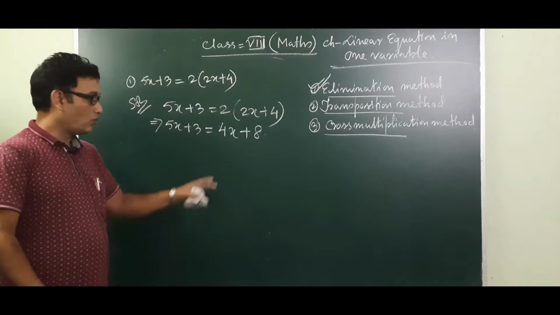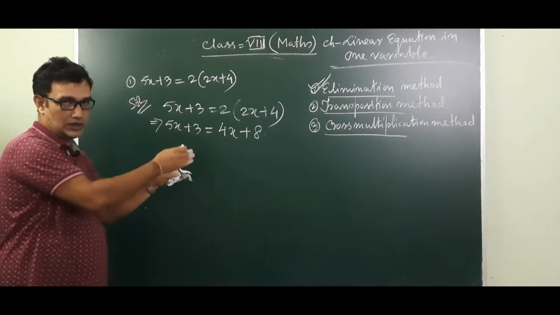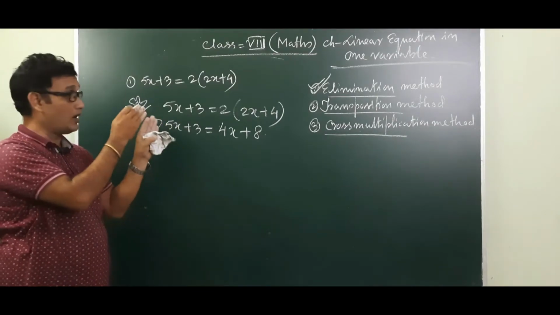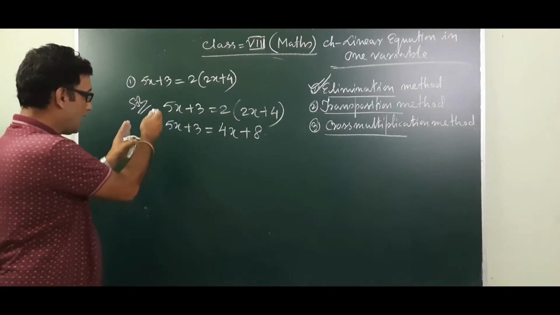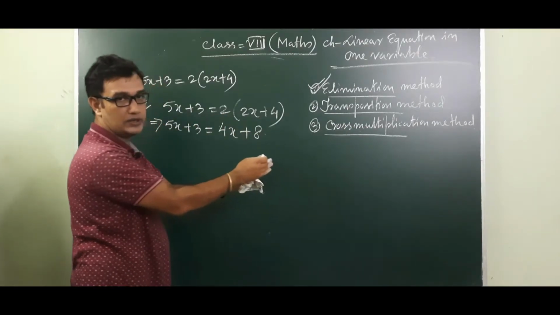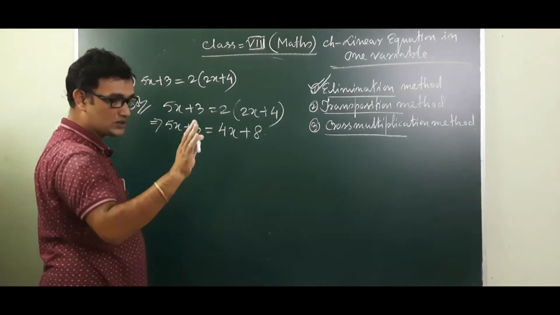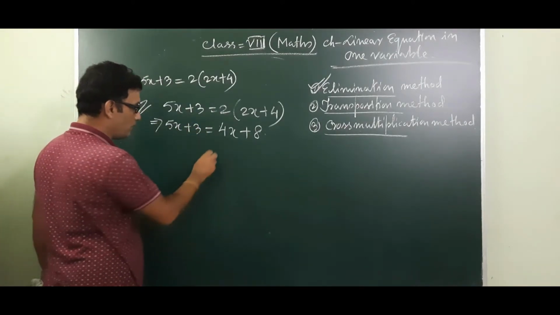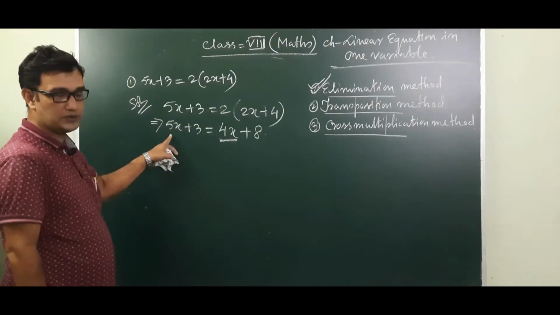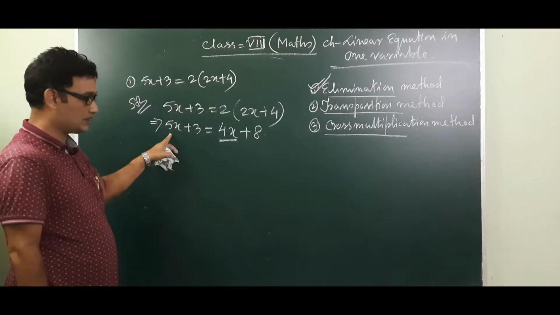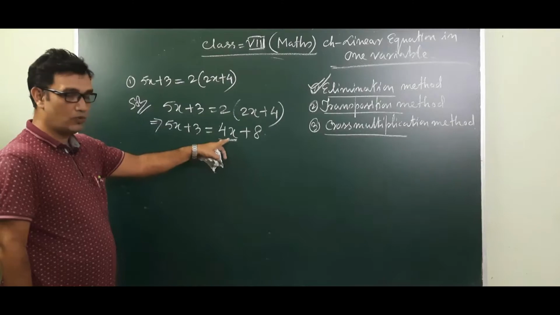Now, actually in a linear equation we can bring terms from this side to that side, but in the elimination method we can't bring any number from the right side to the left side, or take any number from the left side to the right side. Now we have to remove. So first our duty is to remove 4x, because here 5x is the greatest one and 4x is the smallest one. So we are going to remove 4x.